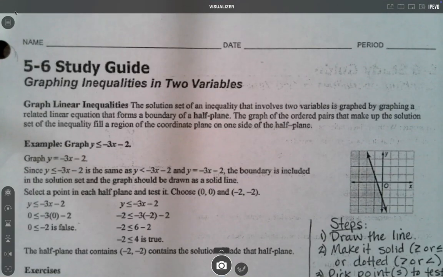In our last section of chapter 5, we'll be graphing inequalities. So if you remember how to graph equations, there's just a couple extra steps we have to do. They're not difficult, they're just things you have to remember. But let's look at the first